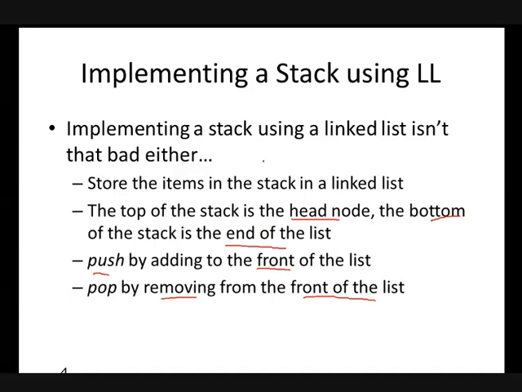Okay, so when you are implementing a linked list to behave like a stack, you just have to be careful about these 2 points. Okay, the push operation and pop operation, you have to perform both of these operations with the help of the beginning.